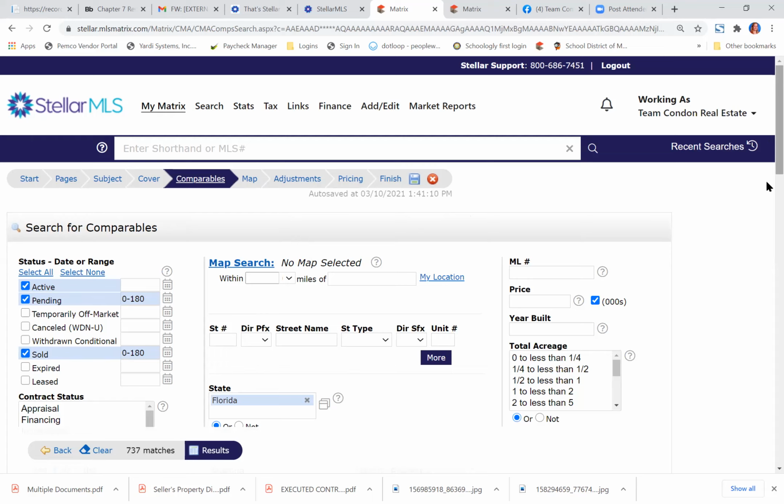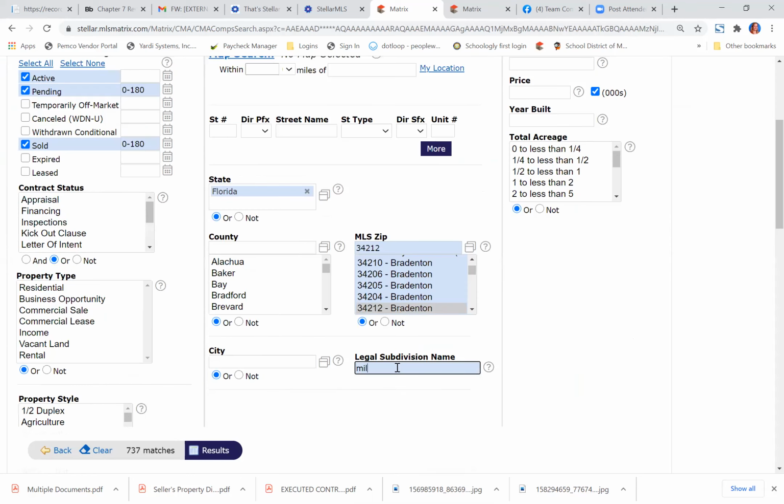I'm going to put Mill Creek, and just in case there's any Mill Creeks anywhere else, I'm going to put Manatee County. So you can see I've got 26 matches. That's way too much for a CMA. One thing I'm going to do is I'm going to go on my,